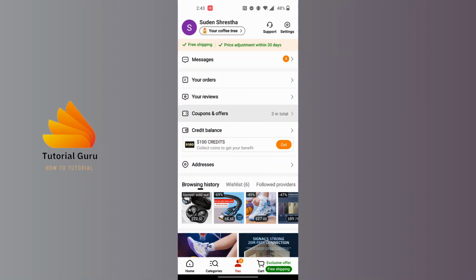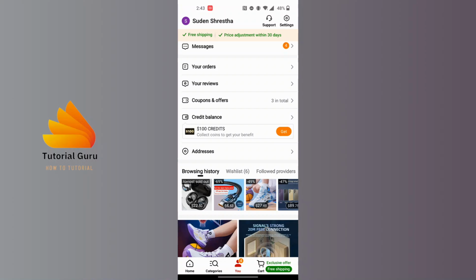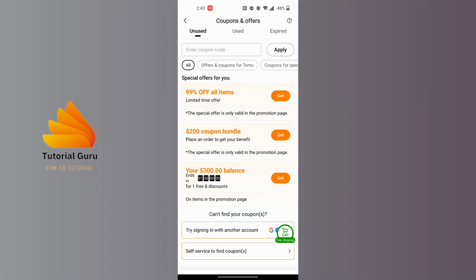where you will be able to find the coupon and offers option available for us over here just above the credit balance. Tap on coupons and offers, and we will be over here where you will be able to view your unused coupons. But at the top of the screen, guys, you can see we are currently on the unused